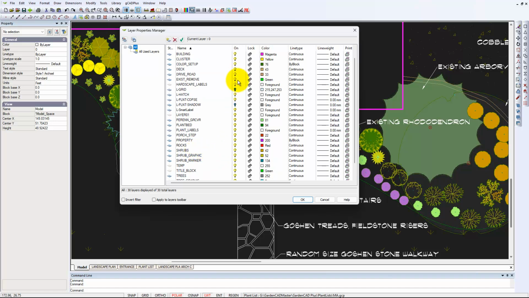You have switches to turn layers on and off. You can lock them, change the colour, foreground, background, line type, line width, weight, and so on. And you can even make a layer a non-printing layer. But I digress. If, for the sake of argument, we come to